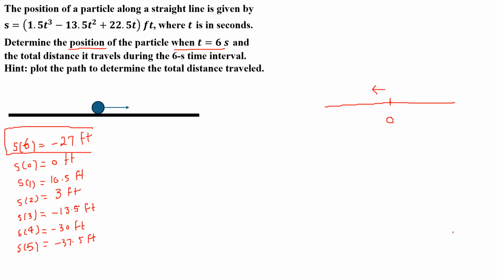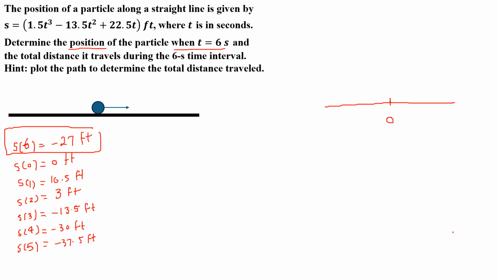Okay. So now let's look at the sign here. We start from 0, then it's positive, positive, negative, negative, and so on. Now it means the particle changes direction. Let me now try to plot the path of this particle,